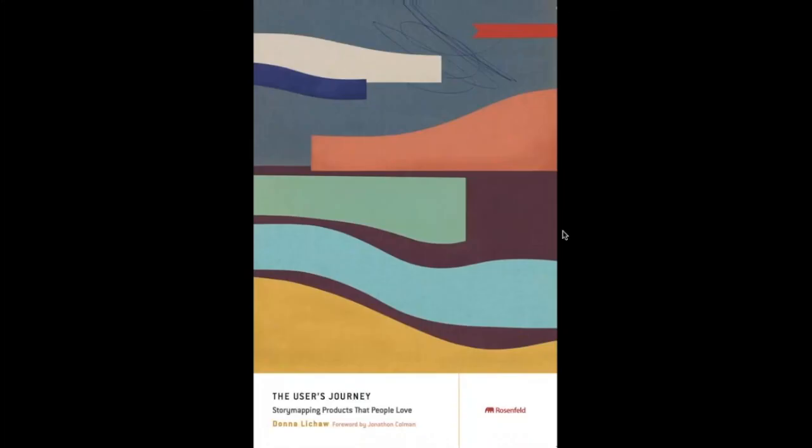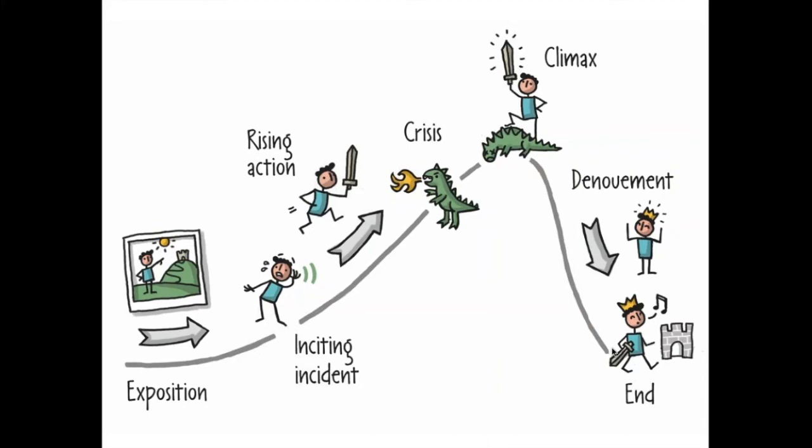I had the pleasure to also work with Rosenfeld Media on illustrating a couple of books. This is one that came out recently. It is about storytelling and how you can use storytelling to design products and to improve user experience. It's by Donna Lichaw. I had the pleasure to work with Donna on her book about story mapping and about